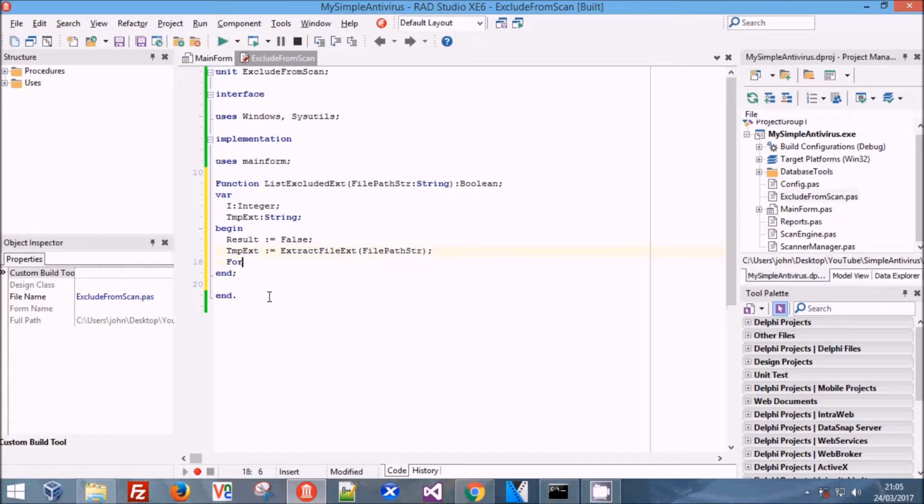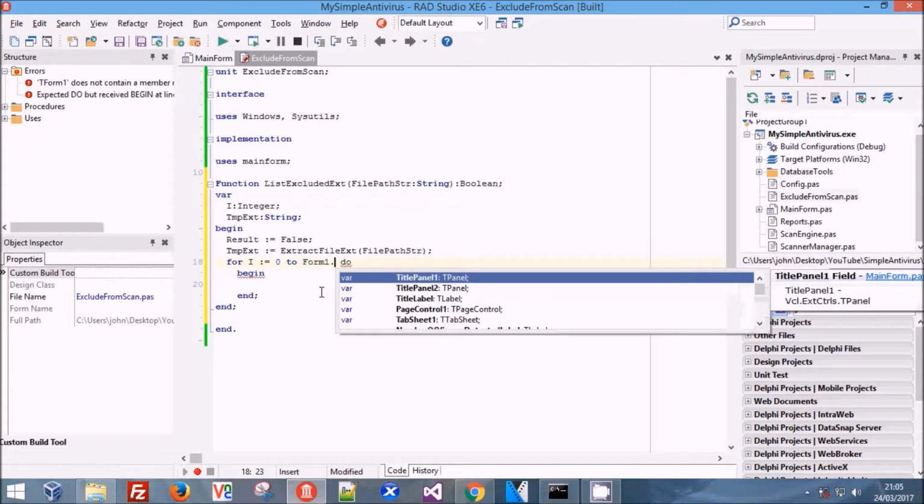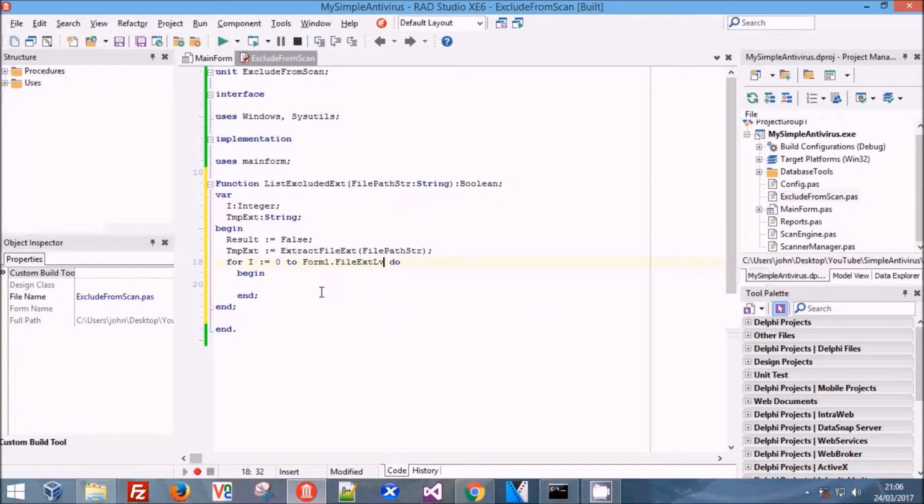Right, now we have our file extension. We're going to do a for. We're just going to hit enter and begin. So for 0 to form1.file extension list view.items.count. We're going to take 1 away. Right, this starts counting at 1, this starts counting at 0, so you need to take 1 away. So we're getting the number of extensions in here, and then we're going to check each extension to see if it's the same. So we're going to do file, and we're going to do an if